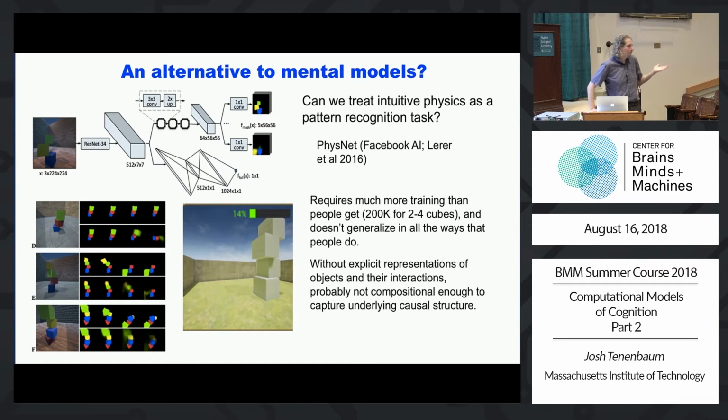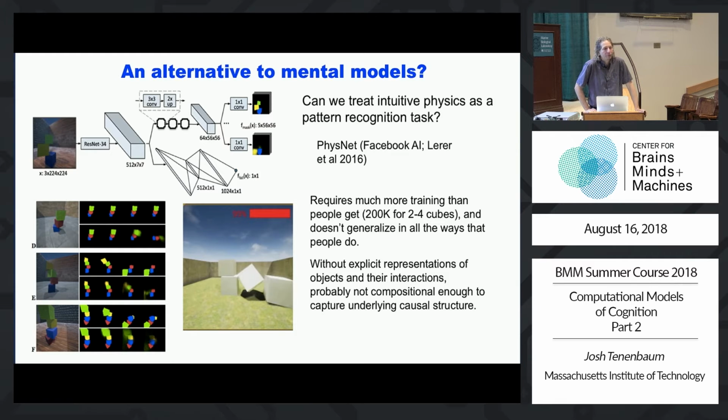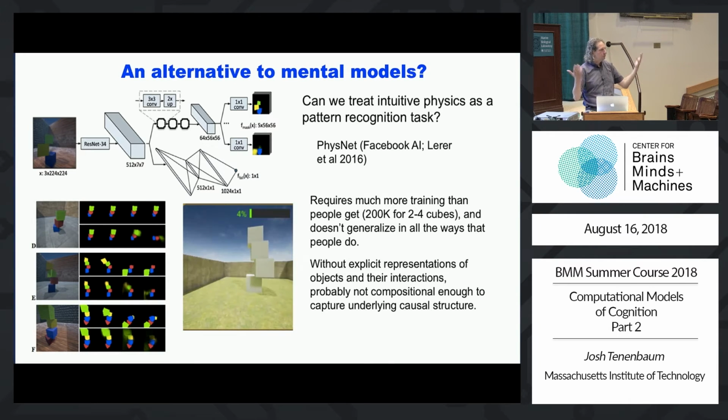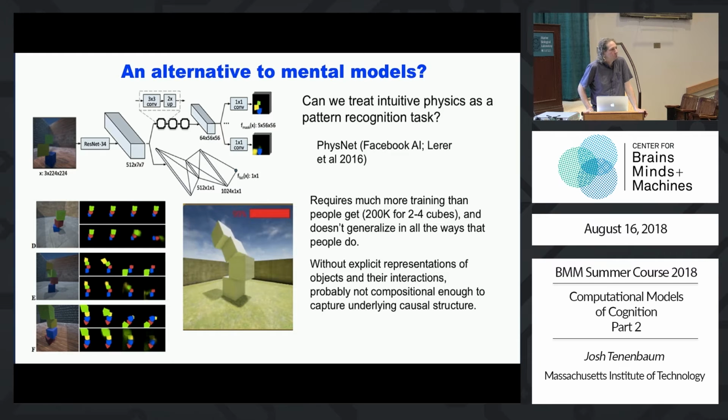I don't know. Some of you may find this model compelling, the one I presented. Others might say, well, do you really have to have a mental model of blocks and physics and all this stuff? We've had a lot of experience in our life with objects falling over. We played Jenga. We've played with blocks. Maybe we really can take a more pattern recognition approach.